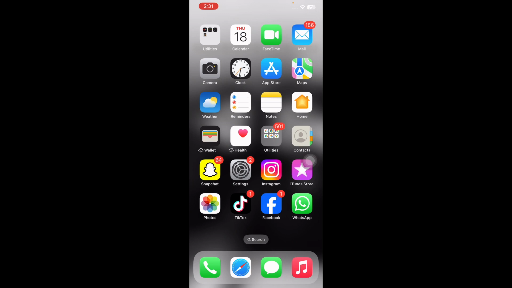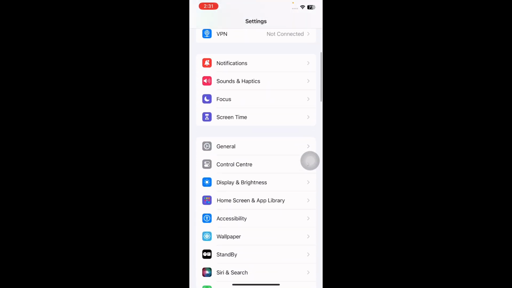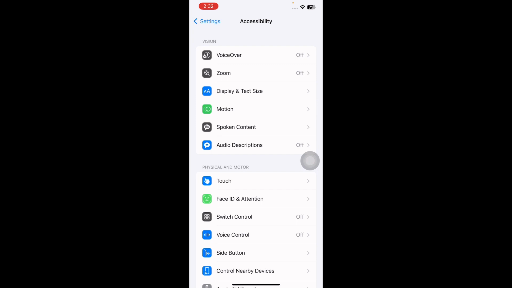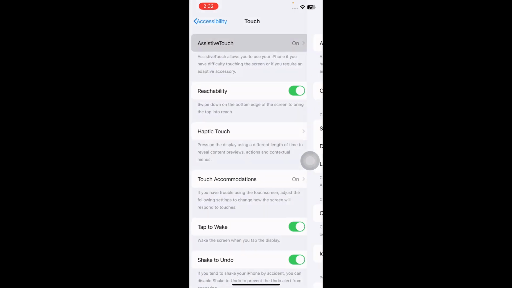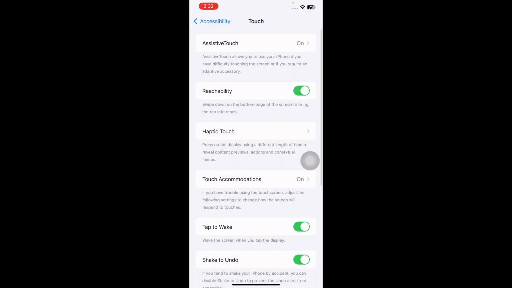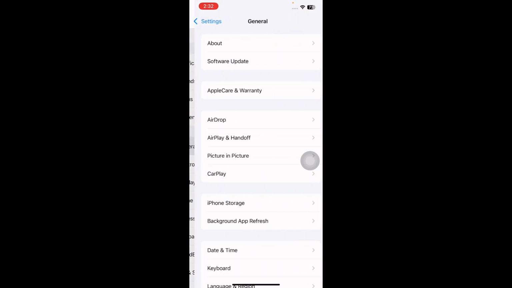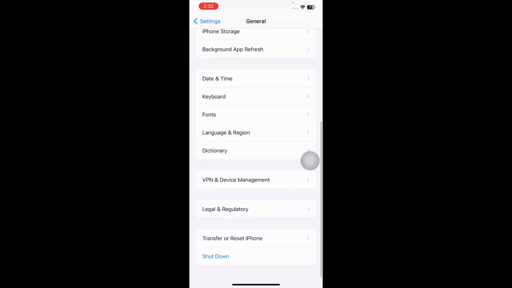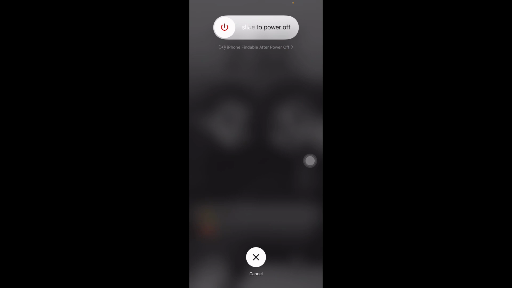So the first step is clear the iPhone's RAM. Excessive background processes can slow down your device and may affect camera operation. Although clearing RAM is not a standard resolution for camera issues, some users may find it helpful. For this, go to Settings, scroll down and then tap on Accessibility, and then tap on Touch option. Next, tap on Assistive Touch. Enable Assistive Touch on the iPhone, and then go to Settings, tap on General, scroll down to the bottom and then tap on Shutdown. Then slide to Power Off, and after some time press the power button until you see the Apple logo on your home screen, and you are done.